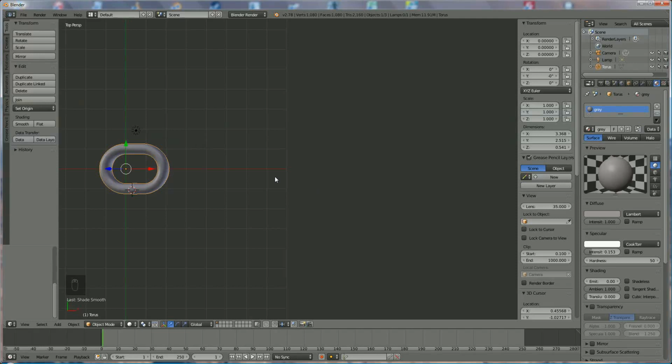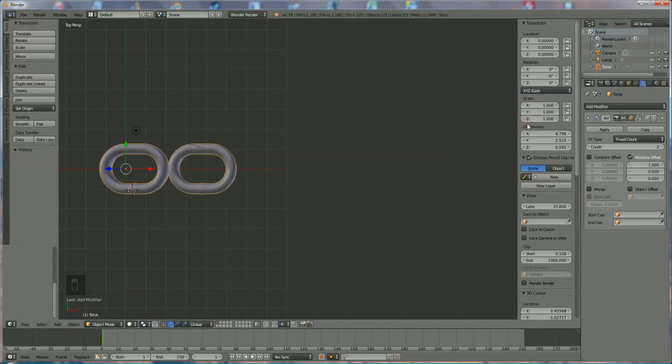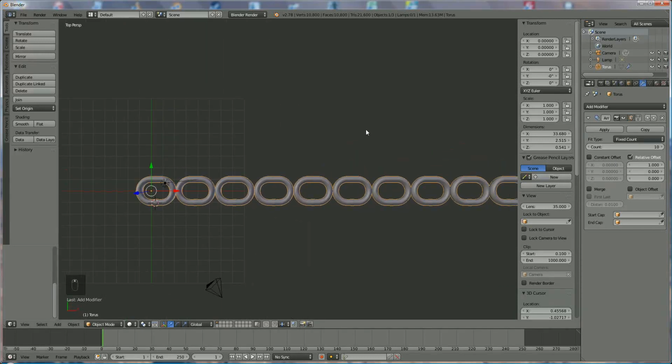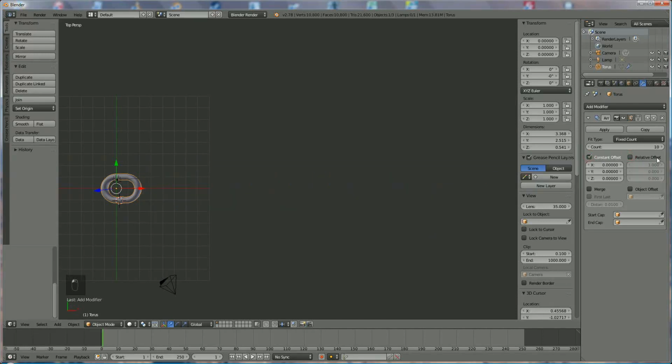And now I'm going to copy that, and to do that I have over here an add modifier, an array, where we're going to position that one to the right. You can do whatever you want, but I choose 10. So now I have 10, but they're not correctly positioned, so we switch off the relative offset and I switch back to constant offset, where